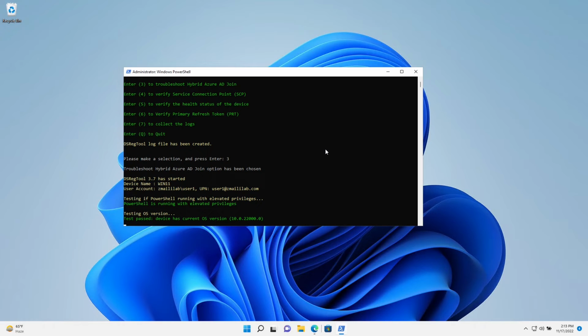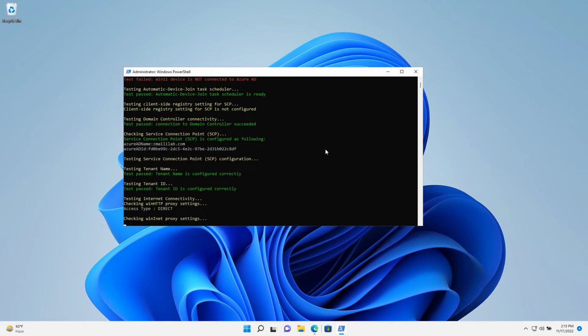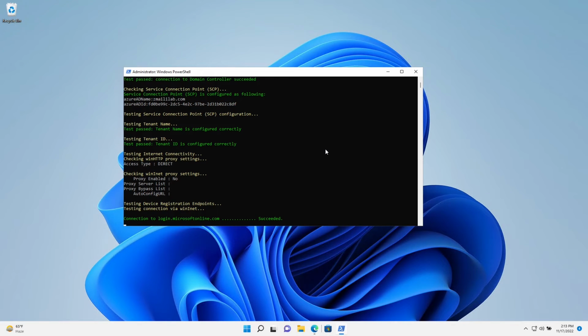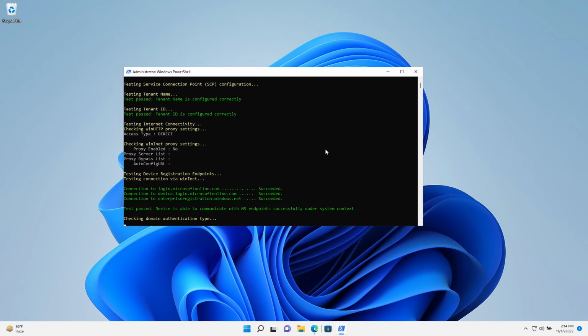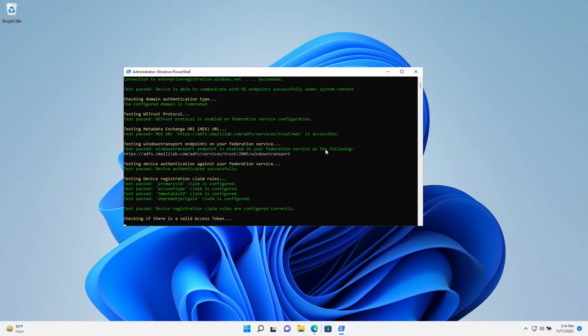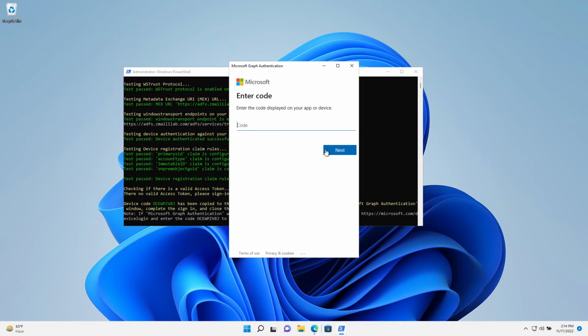Currently the tool verifies the prerequisites for device registration, and it verifies the domain type, whether it's a federated or managed domain, and it will verify the device registration service on Azure Active Directory. Now we need to sign in using device code, so all we need is to paste the code that is already copied in the clipboard by the tool. Let's click on next,